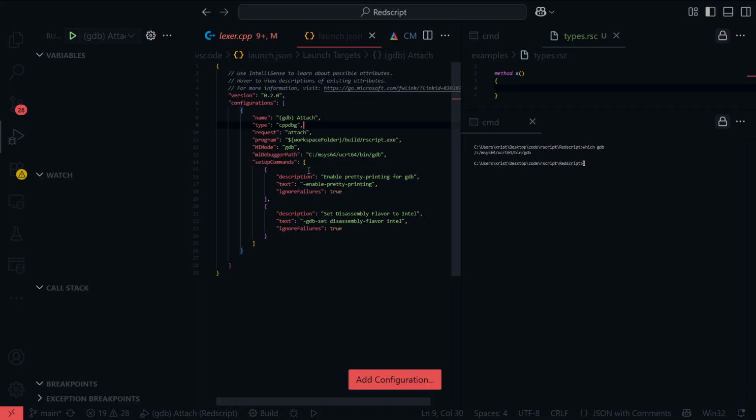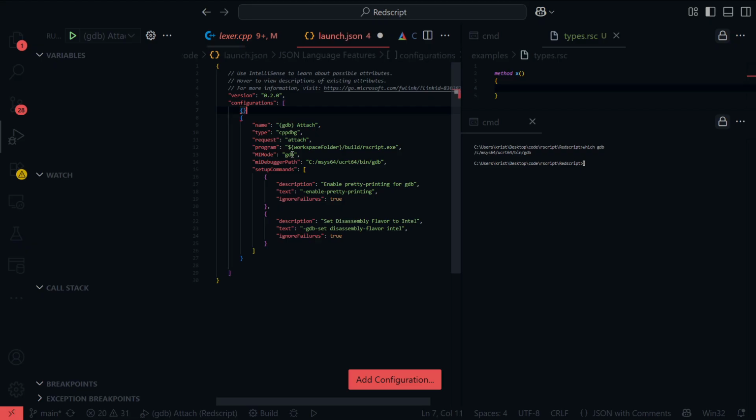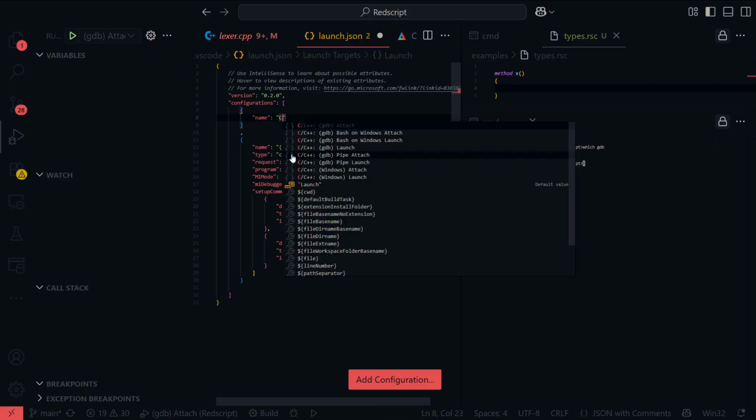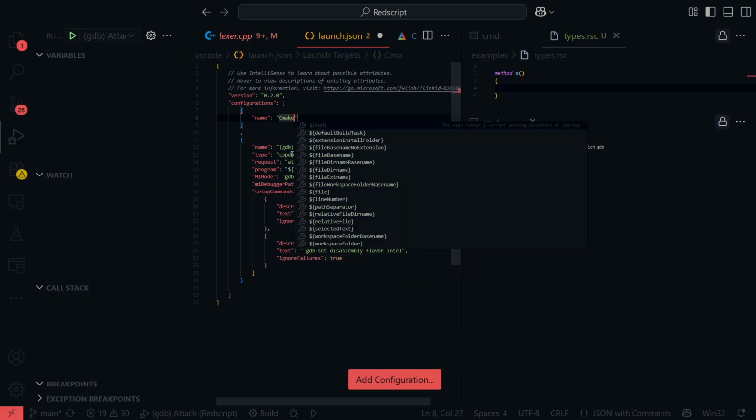There was a CMake option. Wait, but I could use CMake and then run a debugger, couldn't I? Because I can make multiple configurations. So I can go into here and do name CMake. No?